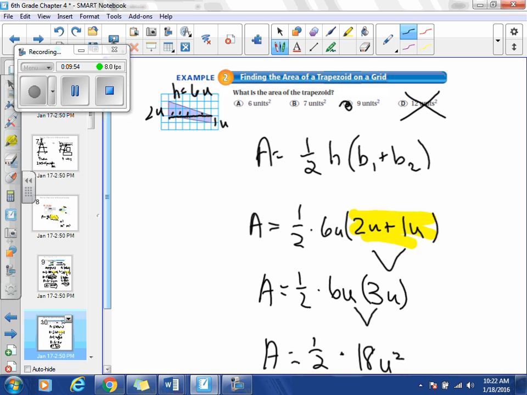This is the hardest polygon that we're finding area of, so if you have questions